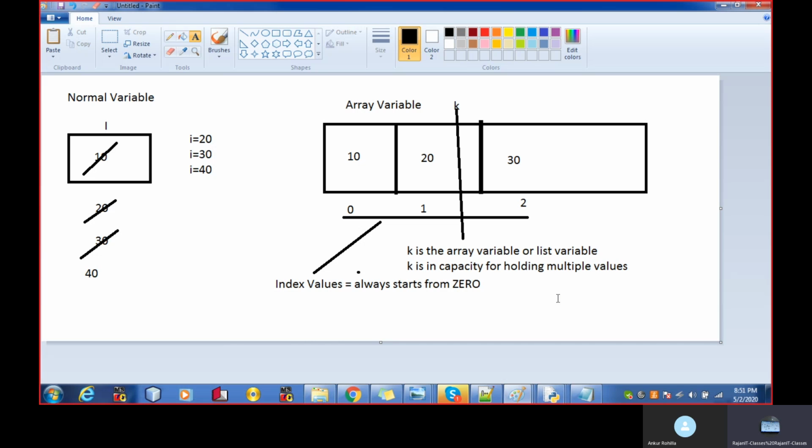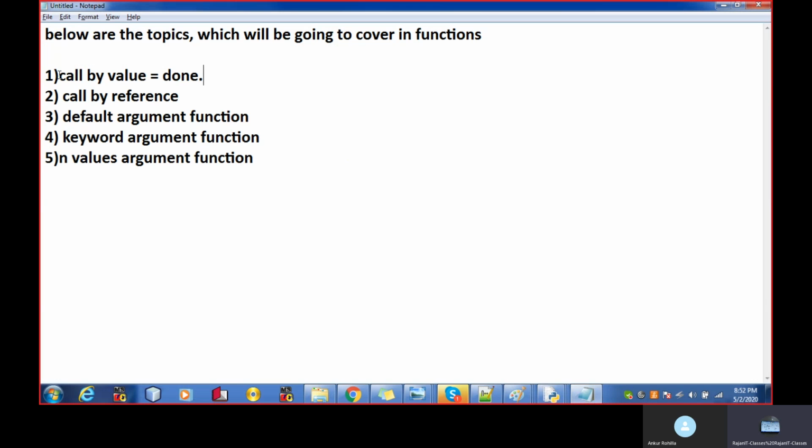Before jumping on the concept called by reference, we had to cover the difference between the normal variable and the array variable, and I hope I have made it clear. The normal variable follows the concept call by value.